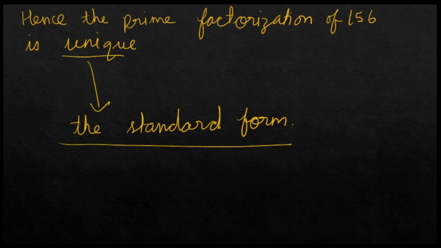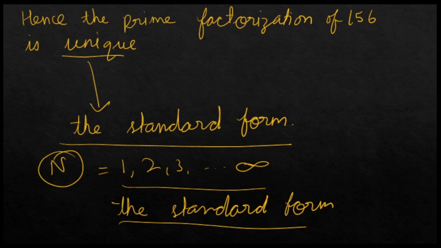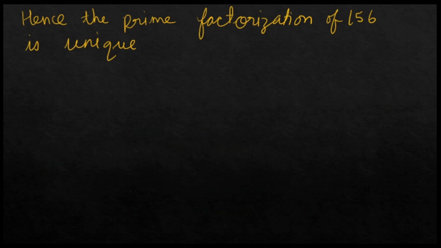For example, if you are writing natural numbers, you have been writing these numbers from 1, 2, 3 to infinity, and you have been writing it ever since you knew them. So what is this? The standard form. You know the standard form. That's how we write the natural numbers. So this standard form is unique. For the whole numbers, the standard form starts from 0, 1, 2 to infinity. So that is the standard form or unique. Hence the prime factorization of 156 is unique